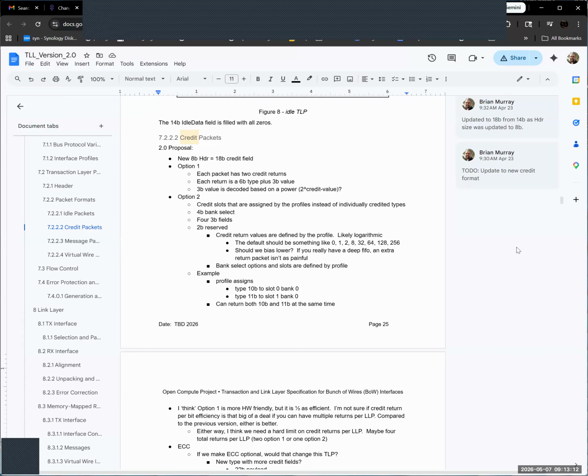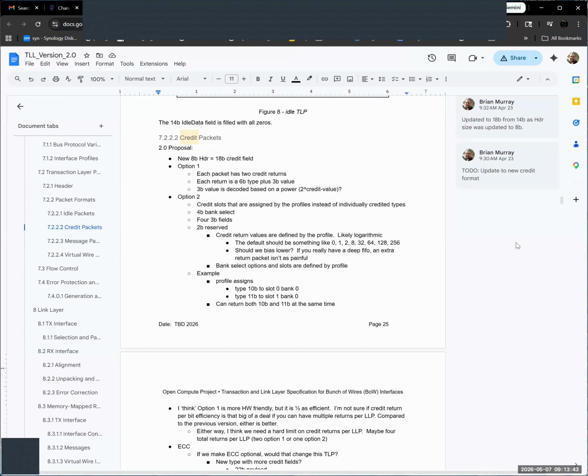Maybe that is something we scale if we make the LLP size variable, which was discussed in the past too, like having a short and a long LLP that you choose at link initialization. But that's kind of TBD.